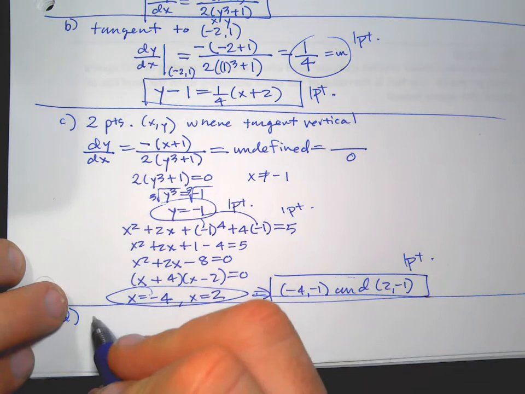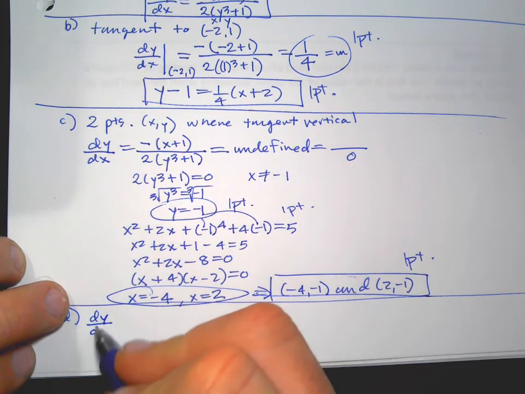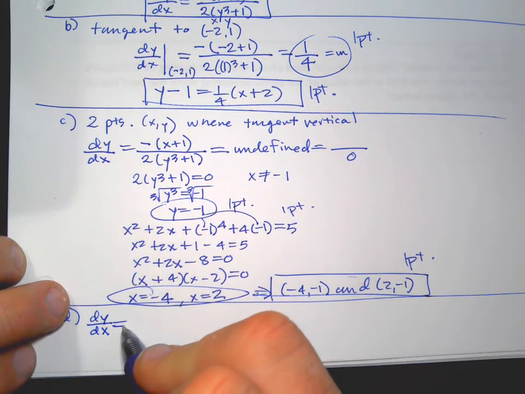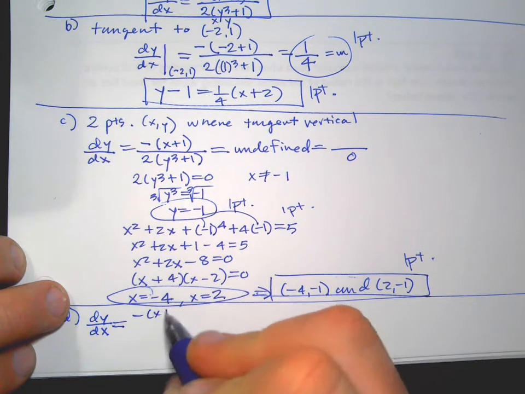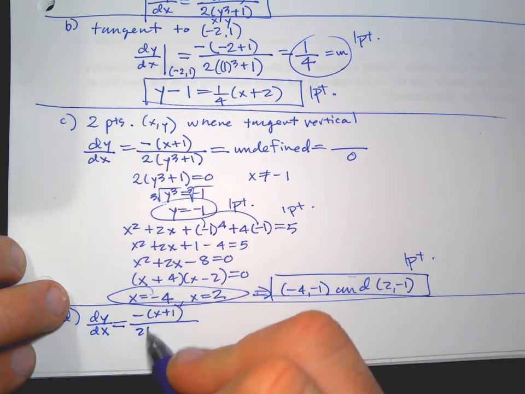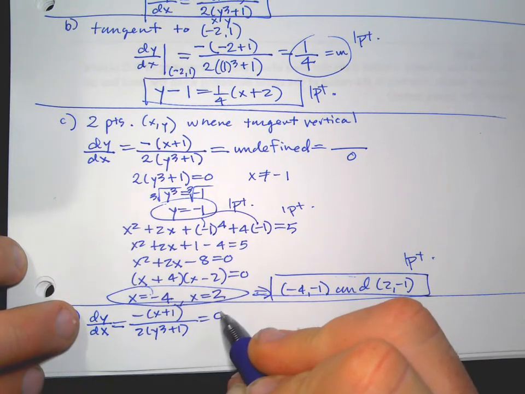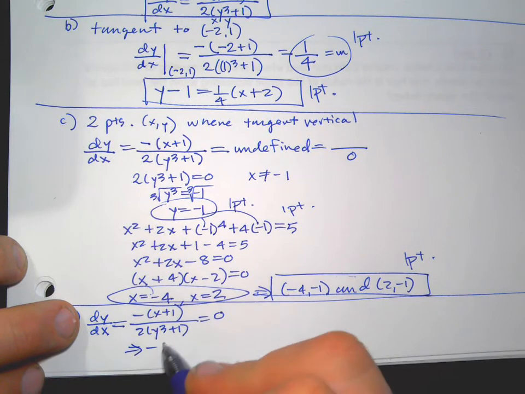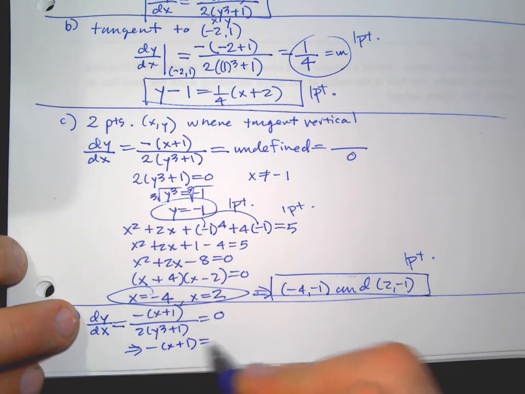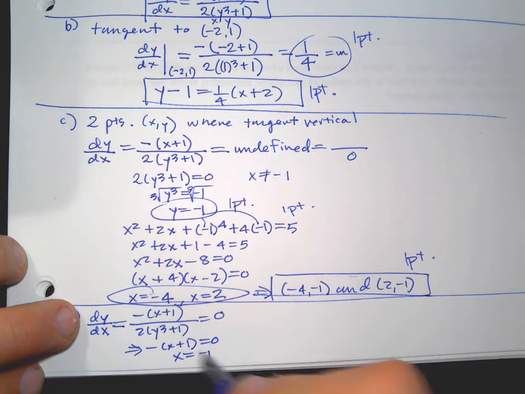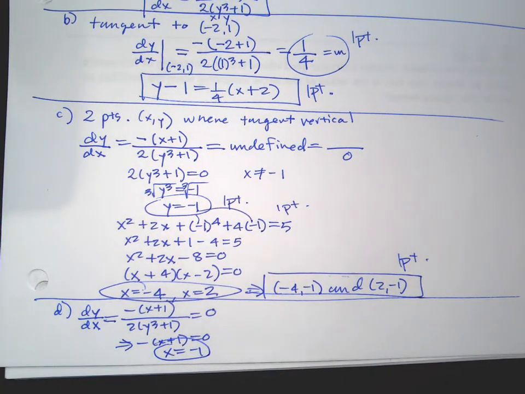You could say, well, let's figure out where there are horizontal tangents, and that would be where the slope equals 0, which means the top has to equal 0. So negative x plus 1 equals 0, x equals -1 is the x coordinate where the function has a horizontal